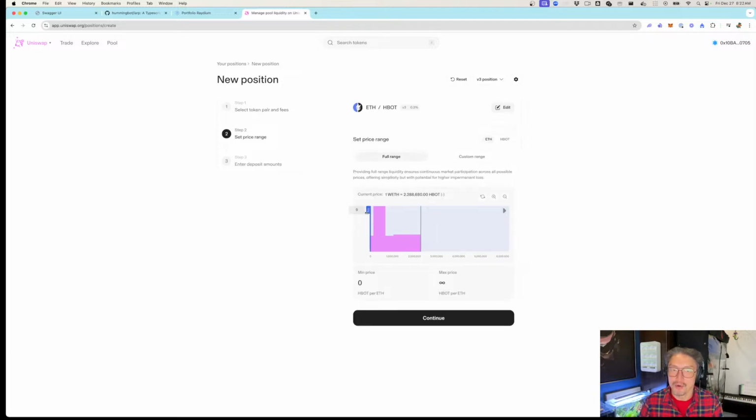range. So for example, with ETH and HBOT, you basically say, I'm only going to put in a certain amount of HBOT and ETH. So all these DEXs work the same way in that you're basically defining the price range like this. This UI is not very good. And then based on the price range, it determines how much of asset A and asset B you're putting into the range. So I don't do much on Uniswap, even though it's the most well-known of these types